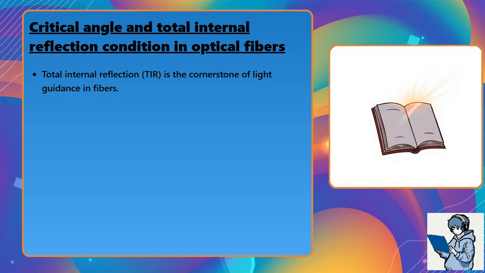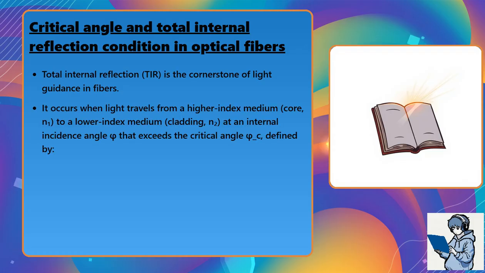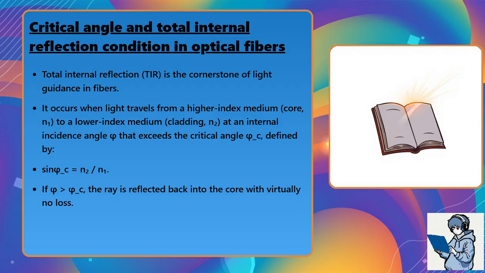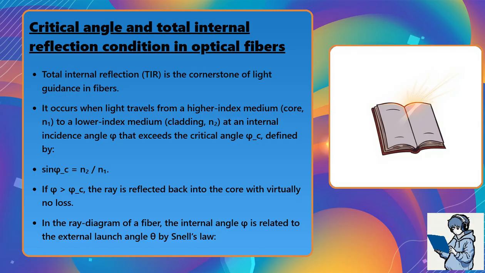Total internal reflection, TIR, is the cornerstone of light guidance in fibers. It occurs when light travels from a higher index medium, the core n₁, to a lower index medium, the cladding n₂, at an internal incidence angle φ that exceeds the critical angle φ_c, defined by sin φ_c = n₂/n₁. If φ is greater than φ_c, the ray is reflected back into the core with virtually no loss. In the ray diagram of a fiber, the internal angle φ is related to the external launch angle θ by Snell's law,